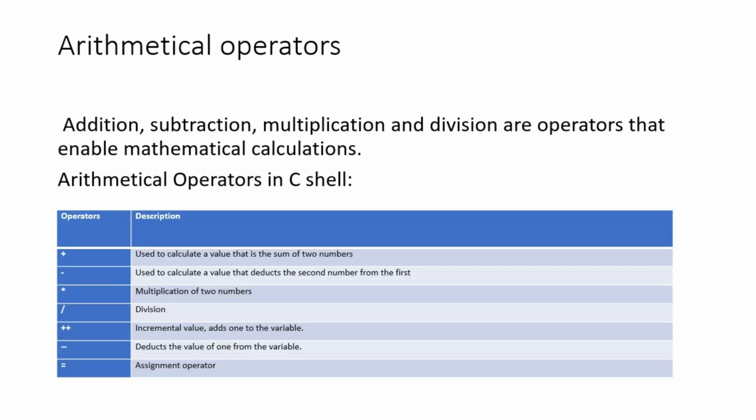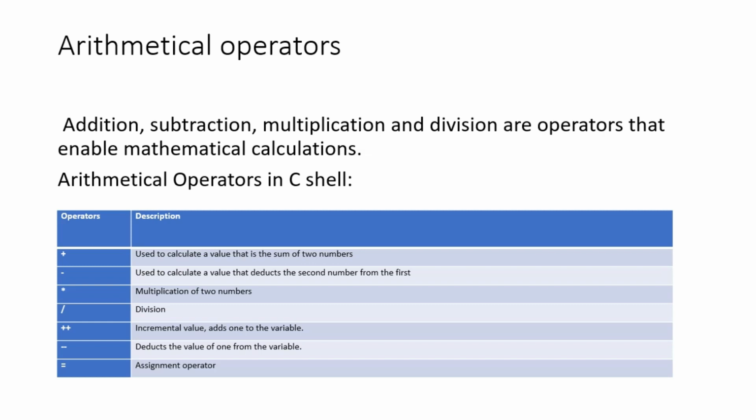Arithmetical operators, addition, subtraction, multiplication, division, are operators that enable mathematical calculations. Arithmetical operators in the C shell are plus, used to calculate a value that is the sum of two numbers, minus, used to calculate a value that deducts the second number from the first, star, multiplication of two numbers,